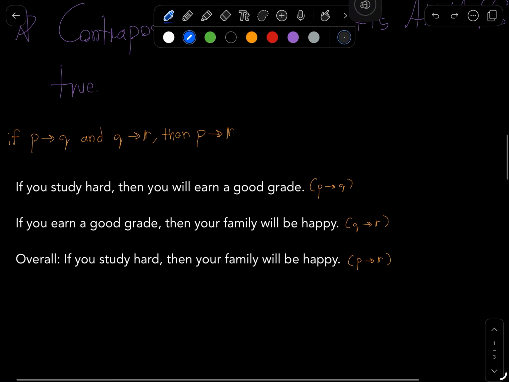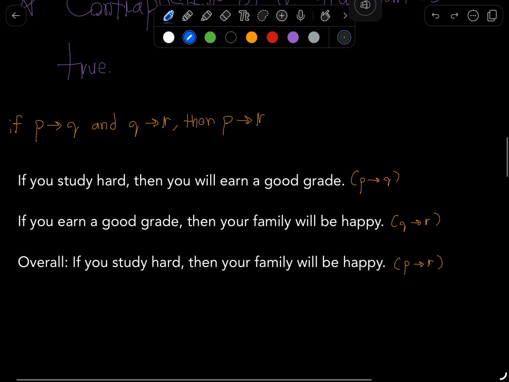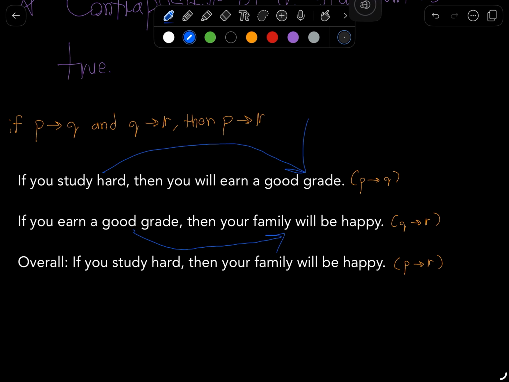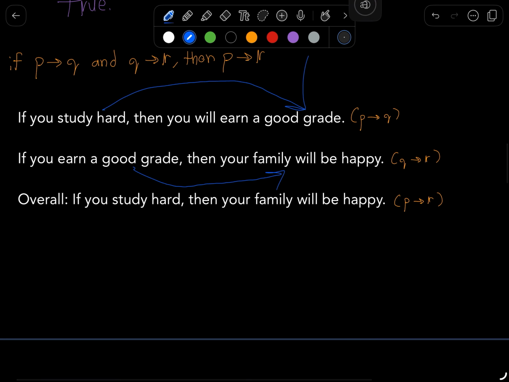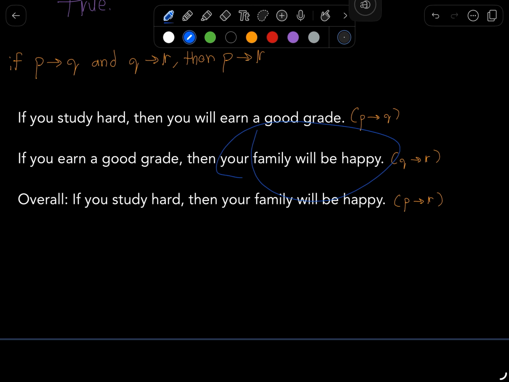So overall, what's the conclusion that you can make? Well, if you study hard, you earn a good grade, and if you earn a good grade, then your family will be happy. In other words, ultimately you can say that if you study hard, your family will be happy. So once again, it's a pretty simple flow of logic. If one goes to another and that other thing goes to another thing, you can connect those two together. So